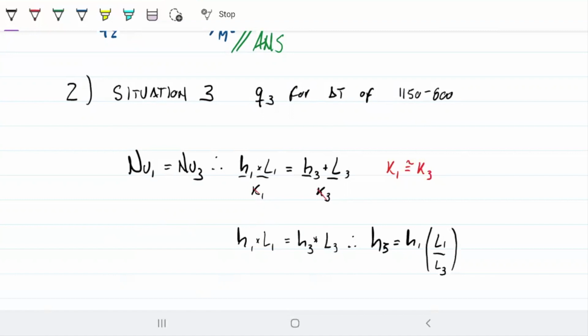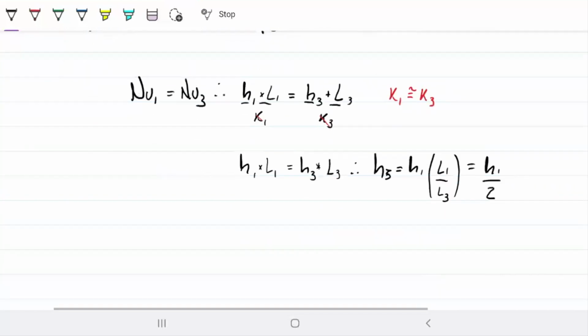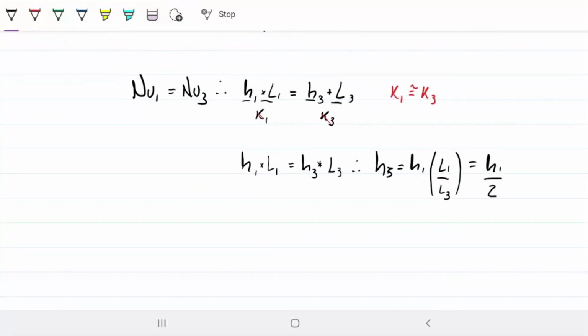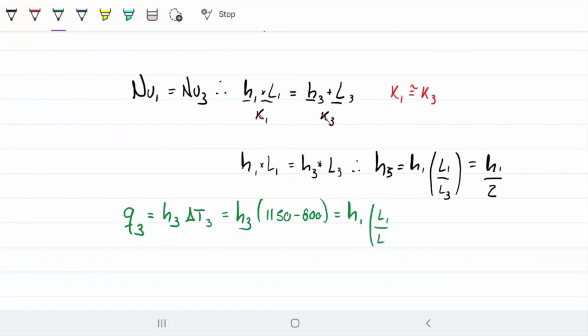If you guys remember, this fellow here is 40 mils. This fellow here is 80 mils. So it's literally just half, right? So it's half of H1. So it's just H1 over 2. But let's leave the whole thing for now, and let's try to write our equation down. So what is the energy on Q3? That will be H3 times delta T for the third scenario. And this is just H3 times 1150 minus 800. And then our H3 is just H1 of L1 over L3,